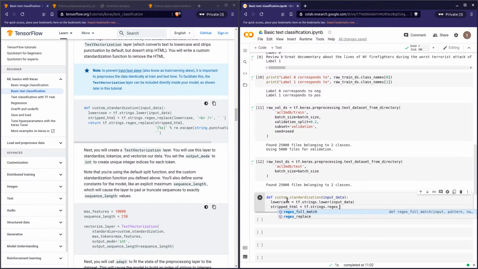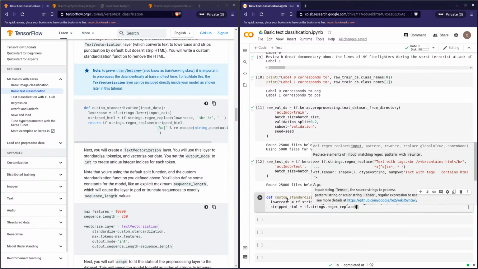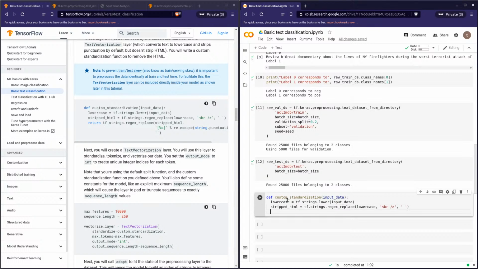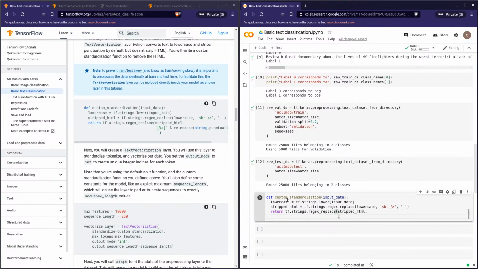So tf.strings.regex_replace on the lowercase text. We're gonna replace every break tag with a space. And then let's return tf.strings.regex_replace of the stripped HTML